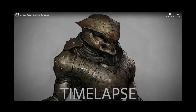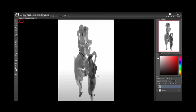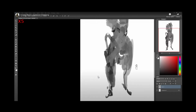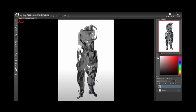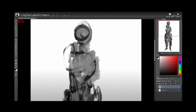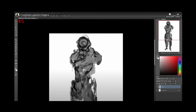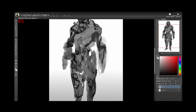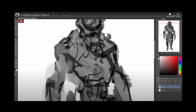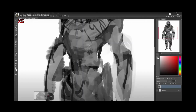So let's just explore his process, right? And I'm pretty sure it's the same thing. Oh, he uses a different brush here. It's just to establish the major forms. Oh, he's using the same brush for pretty much everything, I think. But it has a bit of slight texture. Not too much, but just enough, right? Look at how messy it is, right? Gesture after gesture. They're more like impressions, right? Impressionistic. Am I right? And then over time...